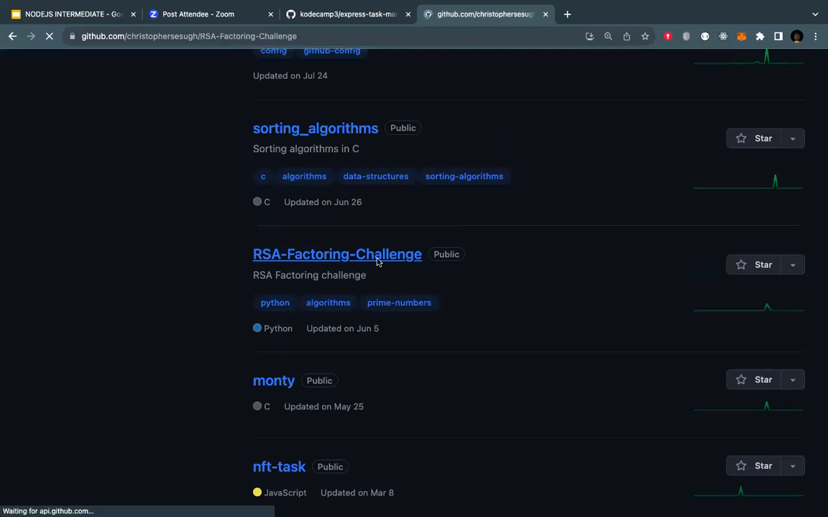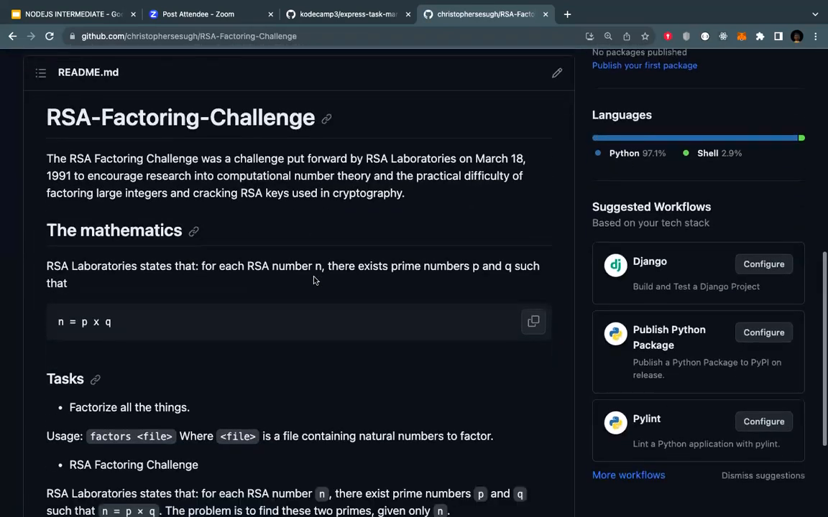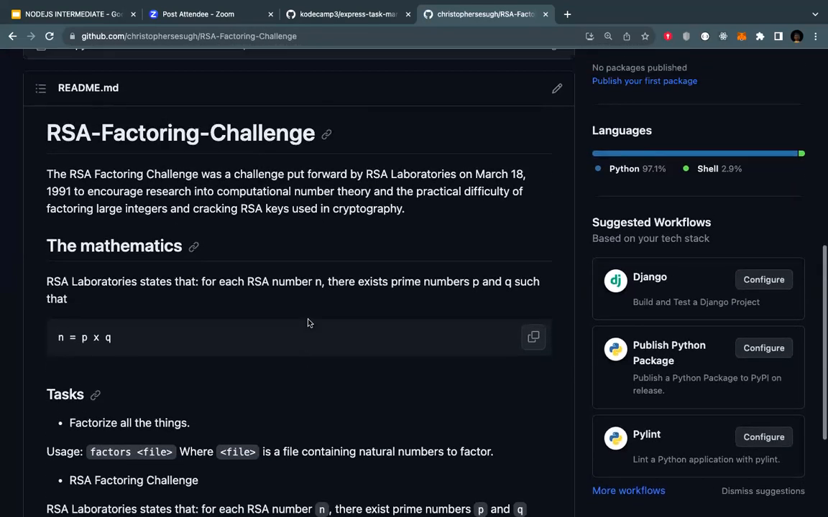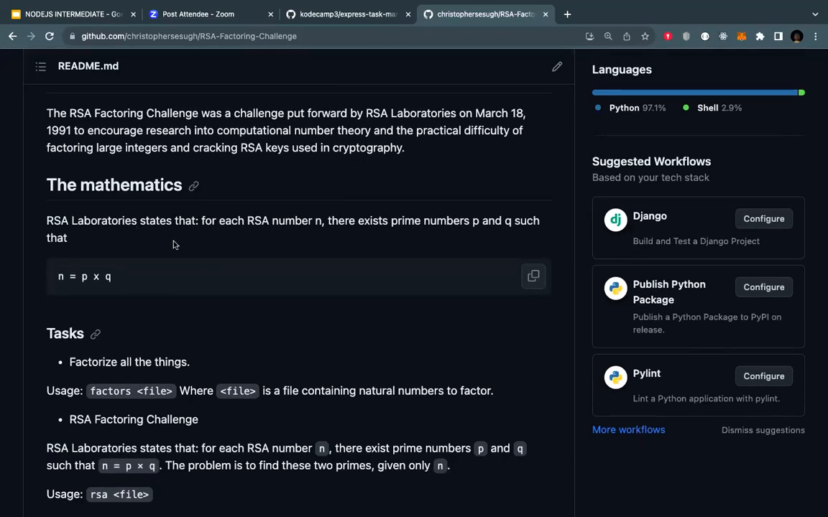RSA factoring challenge. I want to show you this repo and then discuss some things. Okay, so in this repo, the RSA factoring challenge was a challenge put forward by RSA Laboratories on March 18, 1991 to encourage research into computational number theory and the practical difficulty of factoring large integers into cracking RSA keys used in cryptography. So the mathematics behind this is